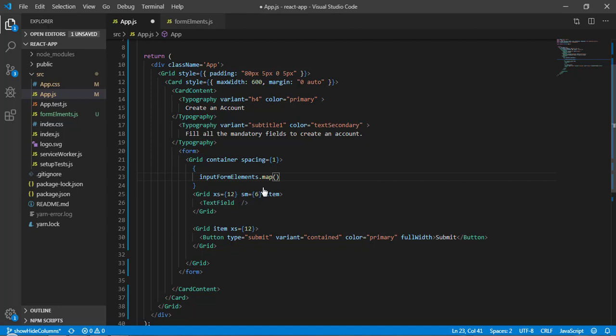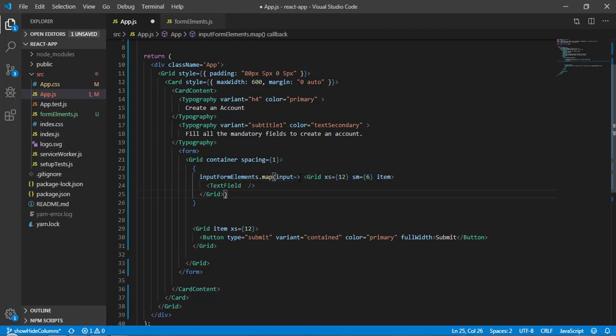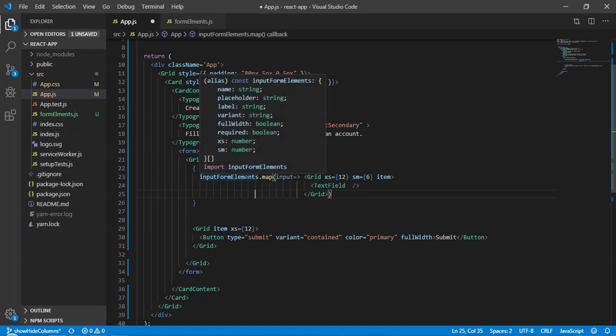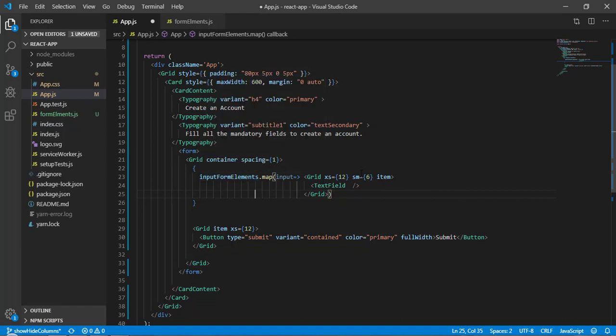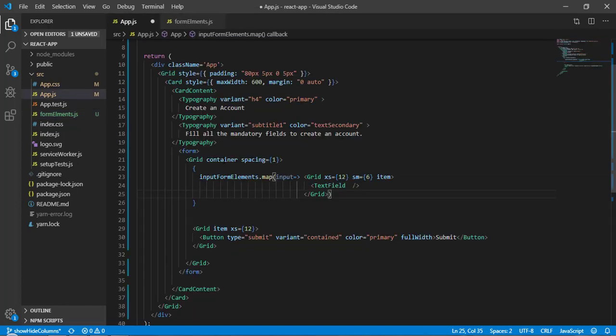This is going to give me a particular object, so I will call it input, and inside this I will render this grid completely. Now on the basis of the inputFormElements length, it is going to map through this. As of now we have only one object here, as you can see, so it is going to print only once. Now save it.